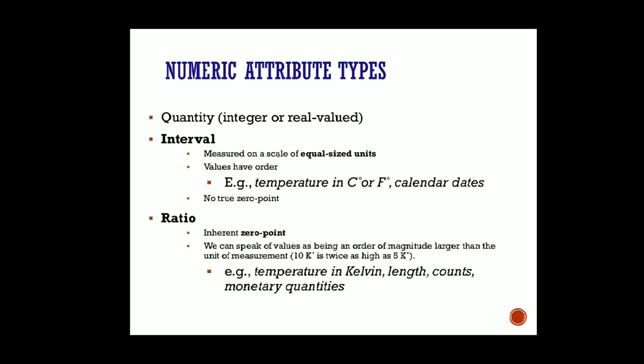Now ratio means the magnitude is a multiple of the unit of measurement. Say we are keeping one benchmark and we are representing whatever other outcomes come with the help of that benchmark. Here you can say 10 Kelvin is twice as high as 5 Kelvin, right? So 5 Kelvin is our benchmark. Whenever 10 comes, we find the ratio with respect to this 5 Kelvin, so it becomes twice. If 15 comes, we will say thrice. In this fashion, this is called the ratio.